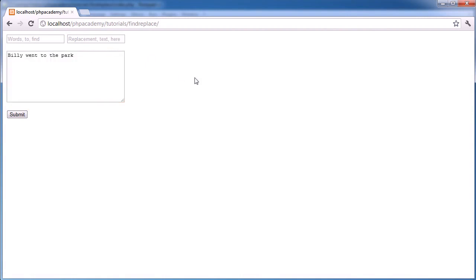So in this video we're going to be looking at actually quite a few different things in PHP. The first thing we're obviously going to be looking at is submitting form data. The next thing we're going to be looking at is arrays, because we're going to be exploding these values, because obviously this will be a string value here. This thing here will be a string value. We'll need to split this into two different elements, and that involves exploding